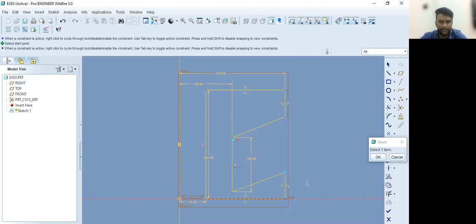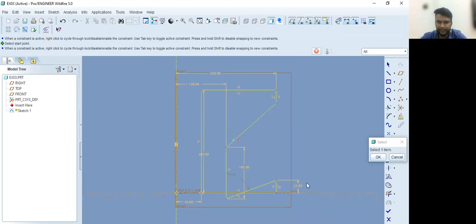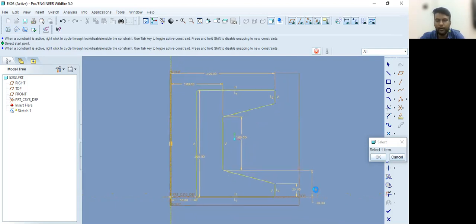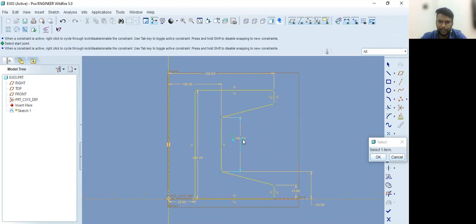Again, press the middle mouse button and the dimension will appear. Similarly, the dimension between axis and this line, this point, press the middle mouse button and give the dimensions. I'm going to give it -50 so that it will go up. Once you define all the dimensions, just check it.